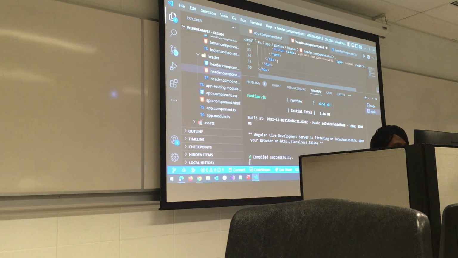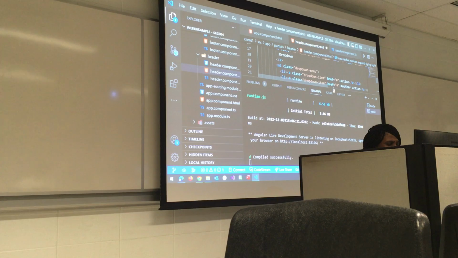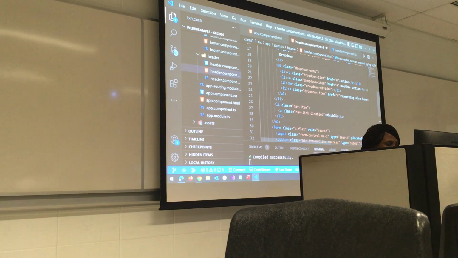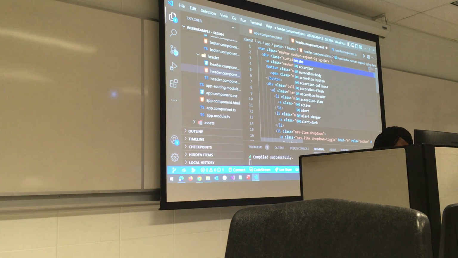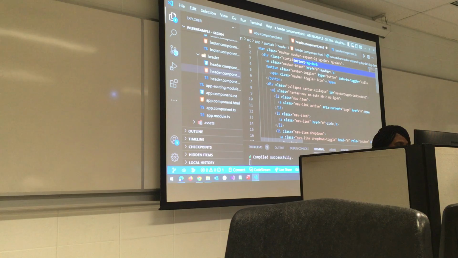So make sure you replace it with what you have there. Let me scroll down. And we are going to edit a few things now. Let's make the navbar dark instead of light. So I'll change this to dark, so that it will give us that dark color. I will set the background to dark as well, right?